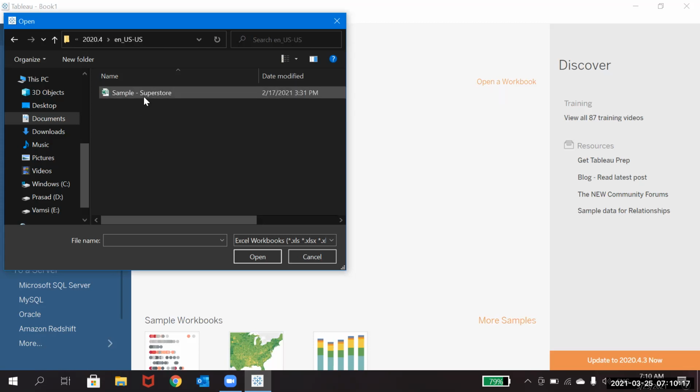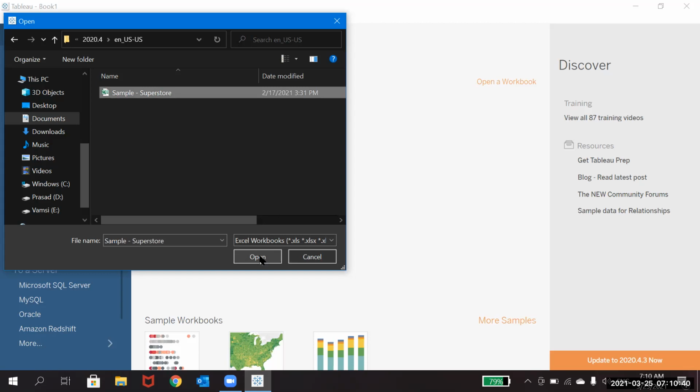You can connect to the sample superstore data. Even in our course we will discuss this data only, which is based on sales, profit, and all those things. This is the data given by Tableau itself, so you can make use of it and work on it.